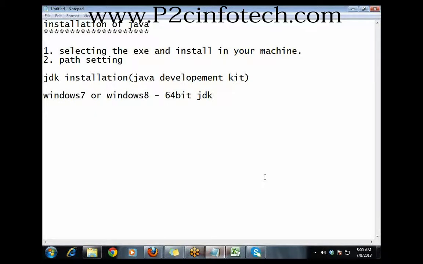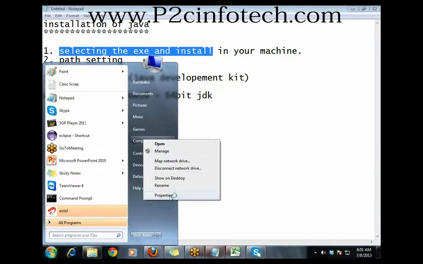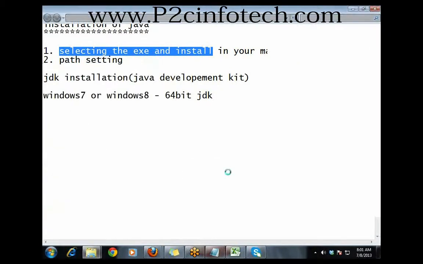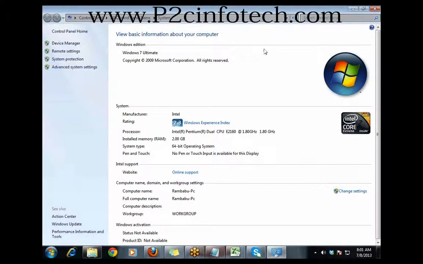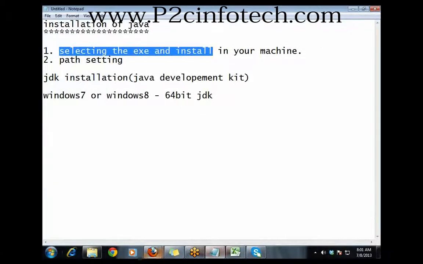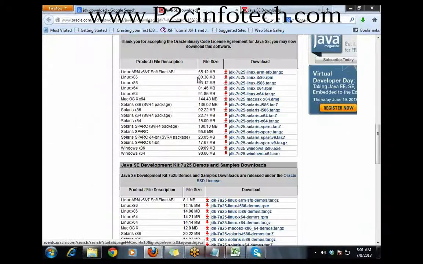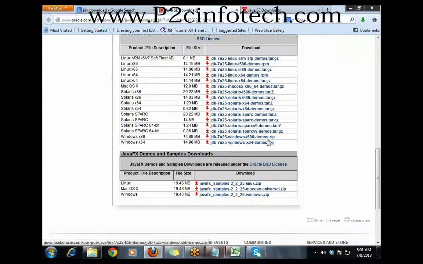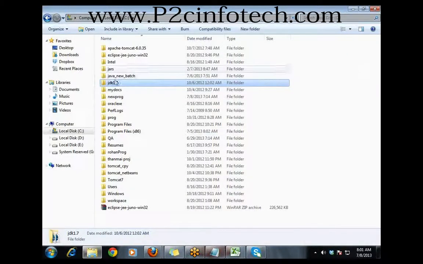So anyway, let me repeat the steps and check whether you have any queries in installation of Java. First of all, you need to download the right JDK. To select the right JDK, you need to validate what kind of operating system you have, either 64-bit or 32-bit, which you can validate by going to the menu. I have 64-bit. Once you have confirmed the bit of the operating system, then go to Java downloads. Here you can choose whether 64 or 32-bit is relevant. Download that one. Once you're done with the downloading, it will be in some location.